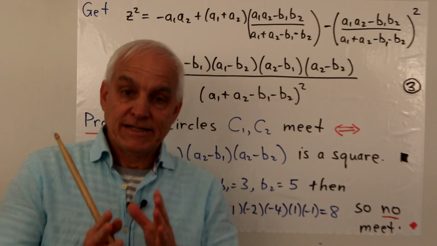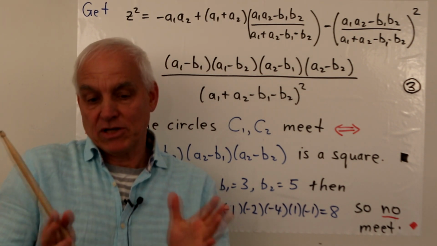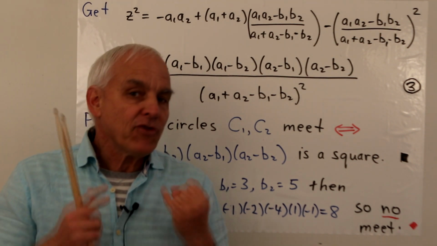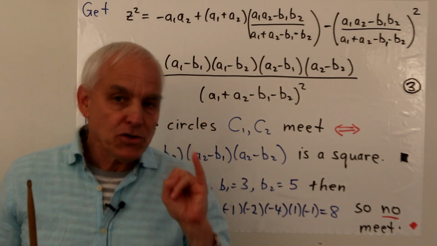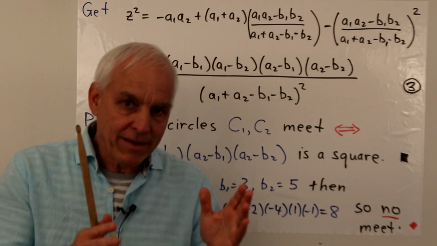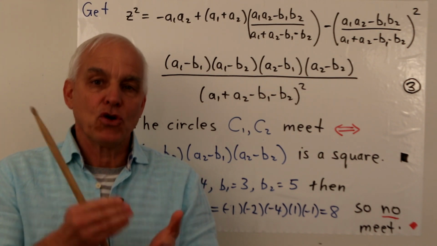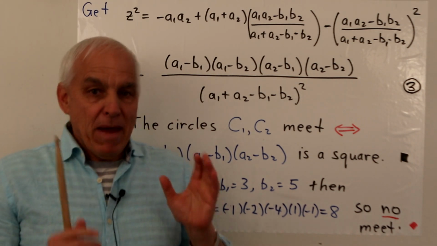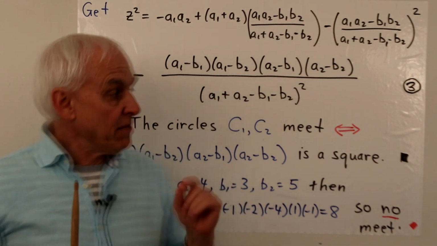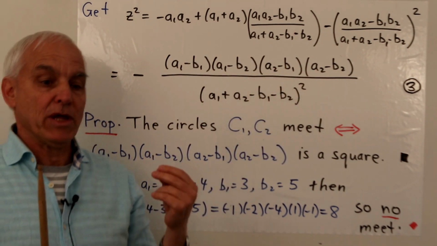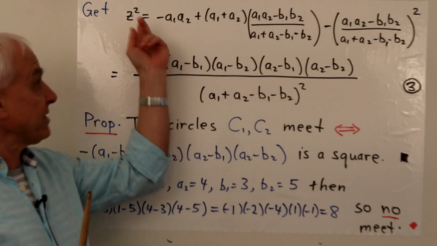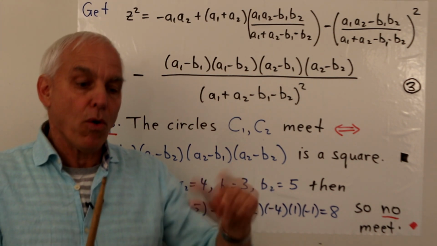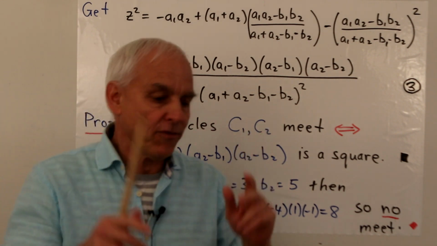Now this is a very simple quadratic equation. This is the simplest kind of quadratic equation, where you just have z squared equals something. And it has a solution when? It has a solution exactly when the something is itself a square. This is a very important point. Maybe this thing has a solution, maybe it doesn't. It depends on whether this quantity is actually a square. If it's a square, then there will be a solution. In fact, there will be two of them because we can take the square root or its negative. There'll be two square roots, so to speak.